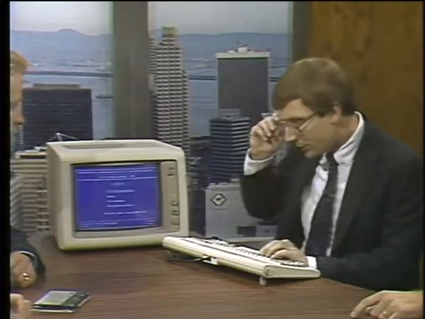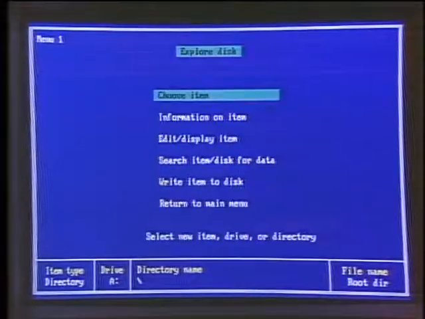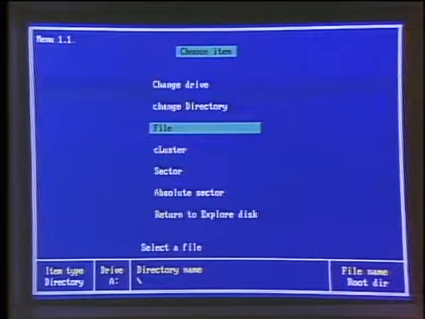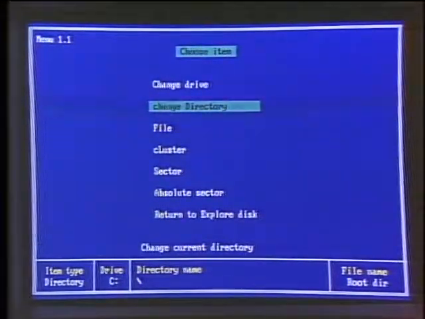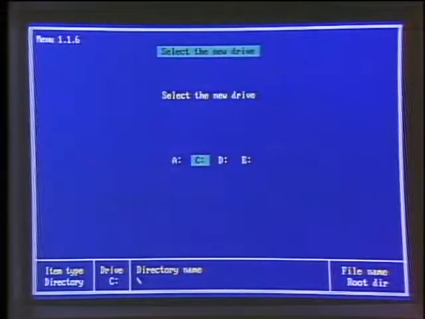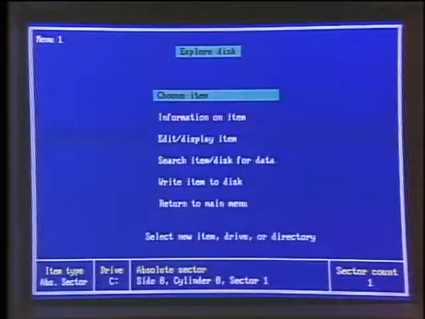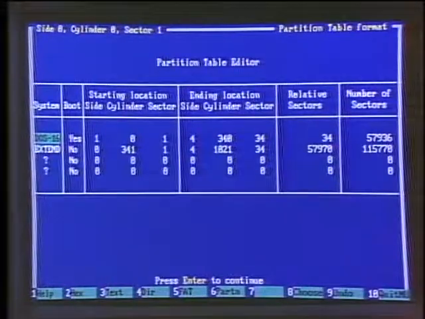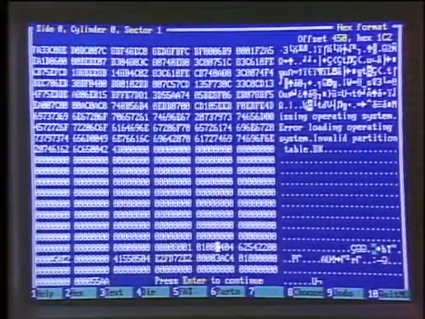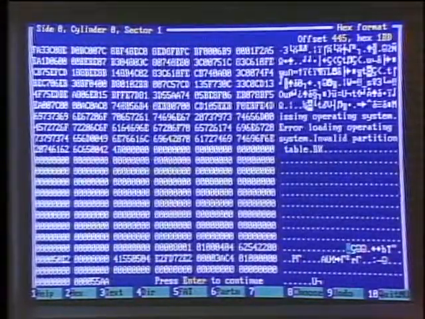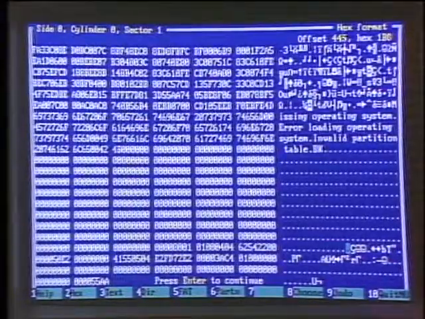Normally, I'm going to explore the disk here, choose an item, and go into the absolute sector. I'll edit this information, which is what's called the master boot record. And what I'll do here is go to the hex table and literally replicate what happened if, for example, you were